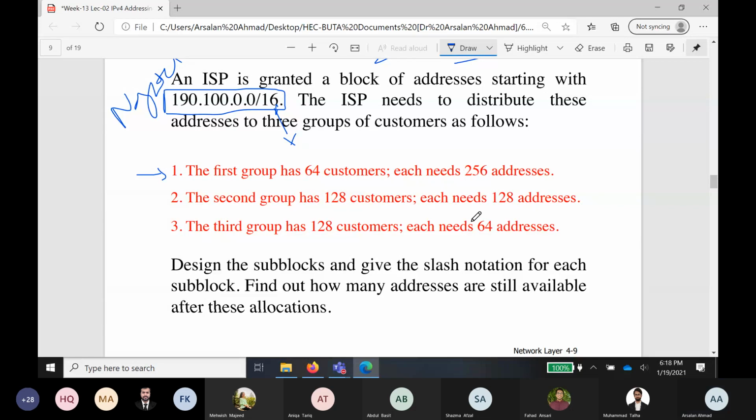So in networking language, these are basically not 64 customers, but 64 subnets, and each subnet requires 256 addresses, and these are 128 subnetworks, and each subnetwork requires 128 addresses, and these are 128 subnetworks, and each subnetwork requires 64 addresses. So we need to design all the sub blocks, means all the subnets, and we need to give the dotted slash notation of each subblock, and then obviously after allocation we need to find how